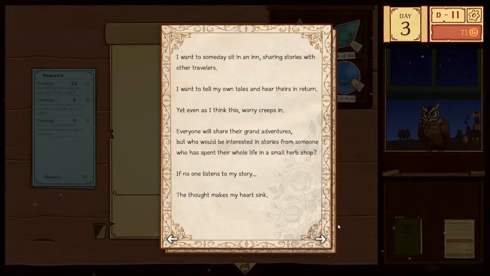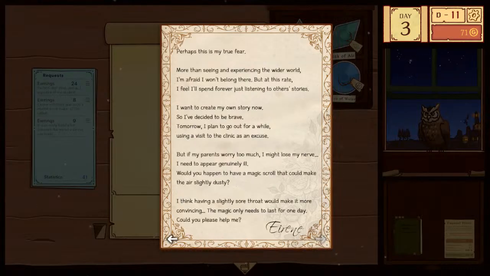If no one listens to my story, the thought makes my heart sink. Perhaps this is my true fear. More than seeing and experiencing the wider world, I'm afraid I won't belong there. But at this rate, I feel I'll spend forever just listening to other stories. I want to create my own story now, so I've decided to be brave. Tomorrow I plan to go out for a while, using a visit to the clinic as an excuse. But if my parents worry too much, I might lose my nerve. I need to appear genuinely ill. I happen to have a magic scroll that could make the air slightly dusty. I think having a slight sore throat would make it more convincing. Magic only needs to last for 1 day. Could you please help me? Irene.